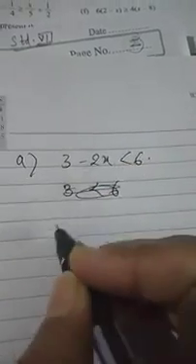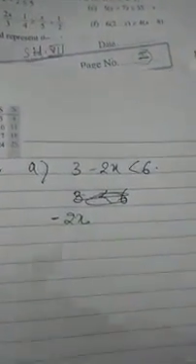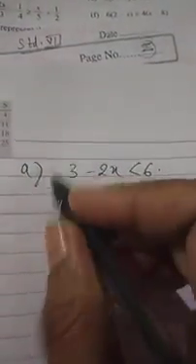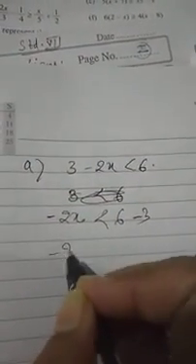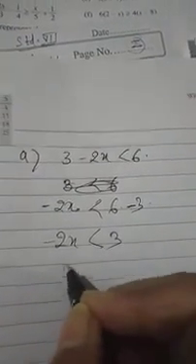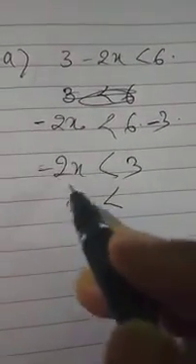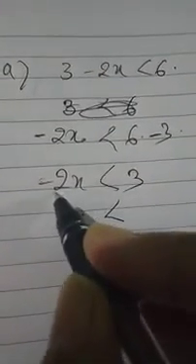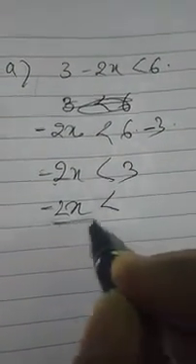The variable term you leave on this side only. Okay. Now less than 6. This 3 will come to the other side as minus. -2x < 6 - 3, which will be equal to 3 only. So x is less than... Look at here. There is a negative sign. You have to remove this negative sign, so we will divide both sides by -2.